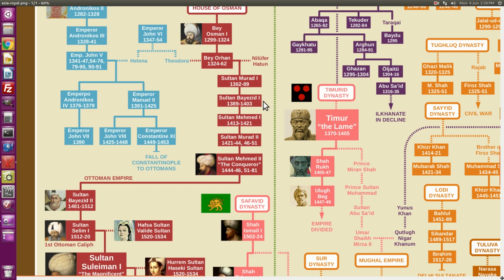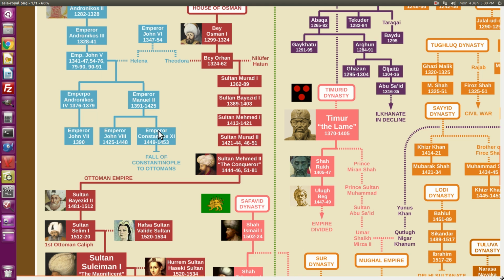Bayezid I is known for having tried to attack Constantinople and conquer it, but he failed. But quite famously, later on, Sultan Mehmed II tried again, and this time they succeeded. And that's why he is known as Mehmed the Conqueror. He conquered Constantinople, which was the capital of the Byzantine Empire, and the Byzantine Empire fell to the Ottomans and